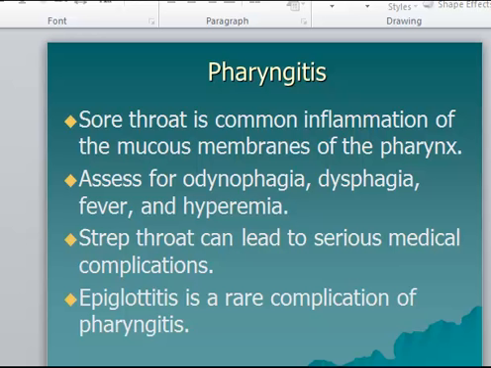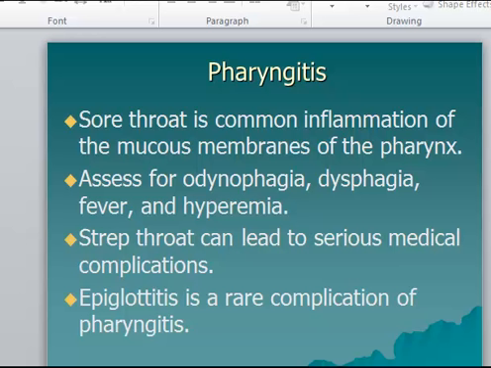Now we're going to be talking about pharyngitis, or that common sore throat, which is inflammation of the pharyngeal mucous membranes, and it often occurs with rhinitis and with sinusitis. Acute pharyngitis can be caused by bacteria, viruses, other organisms, trauma, dehydration, irritants, tobacco, or alcohol use. A common bacterium causing pharyngitis is group A beta hemolytic strep, but in most cases in adults it is